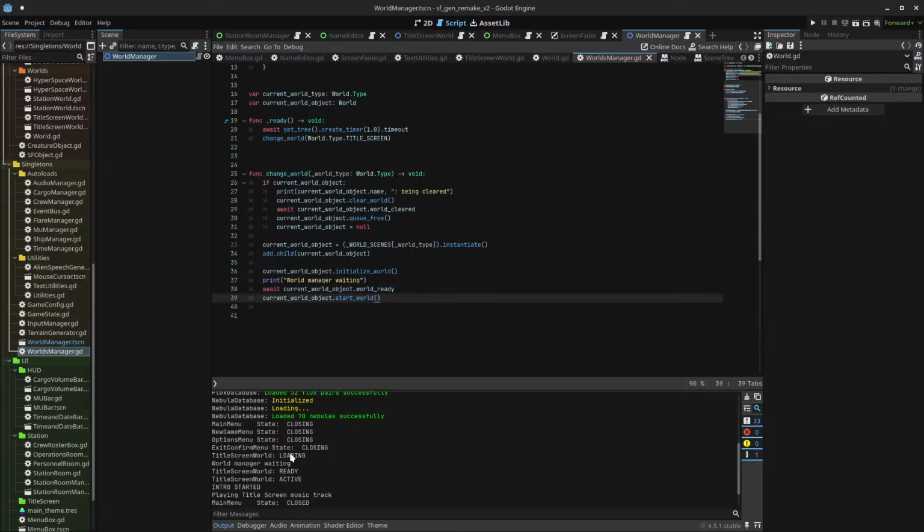Right, as seen by here. So it's loading, then this gets called, which is what we want. WorldManager is now waiting, then it gets the ready signal. Perfect, then start world means it's active. The intro starts. Okay. Perfect. I like it. So now that we got that kind of figured out,